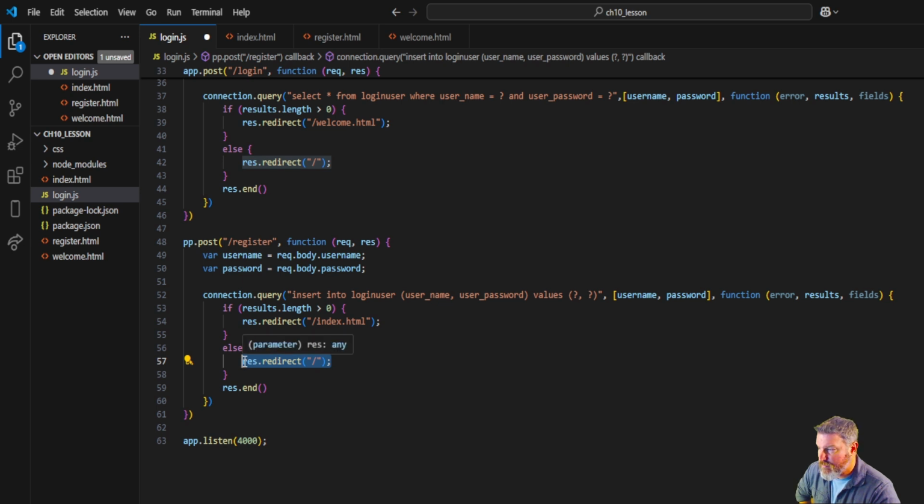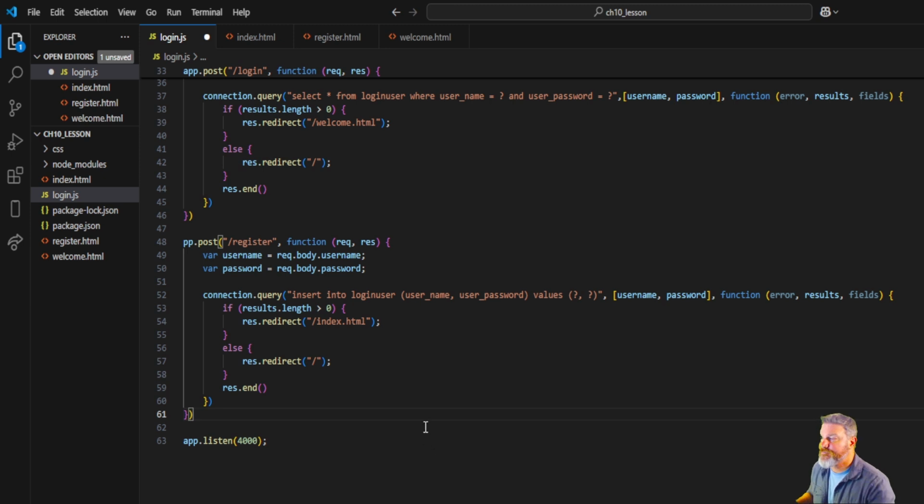Wait a minute. If the result's not length, if it's successful, it's going to redirect you to the index page, and then you will log in from there. So you register, then you'll log in, and then you should get your welcome page. Otherwise, if there's an error, it's going to take you back to whatever page you're on already. All right, let's see. If I save that,